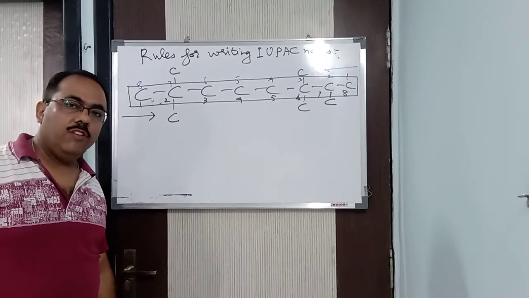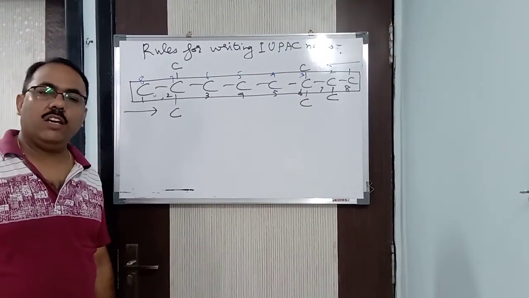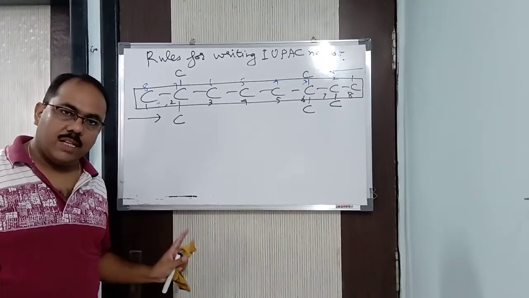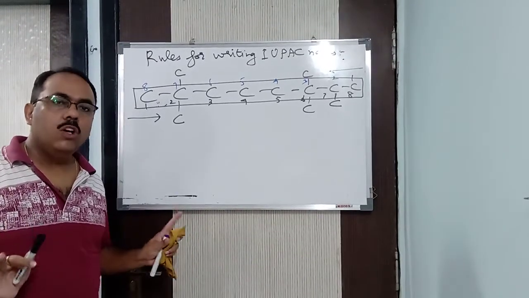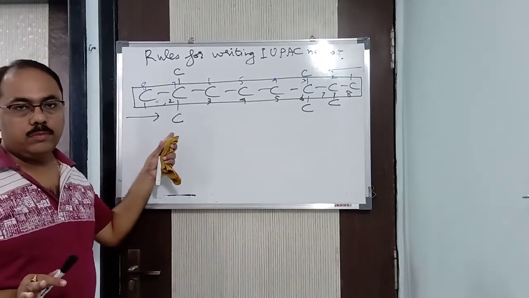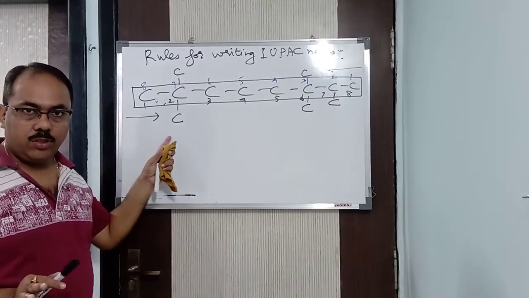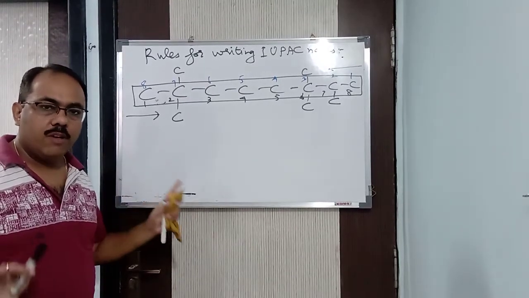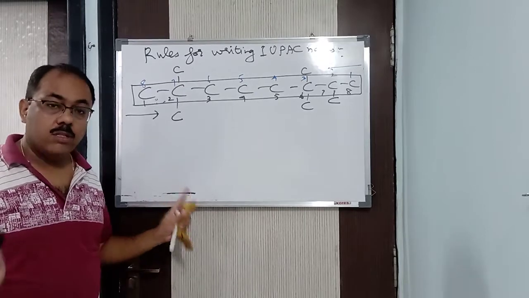Now children, I am going to give you an example. I think you have understood the lowest sum of locant rule and the first point of difference rule. What I said: you follow the first point of difference rule, because the lowest sum of locant rule is not always correct. That is the example I am giving you, because in some books it is given.